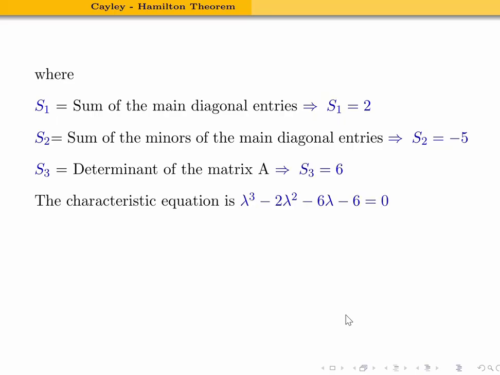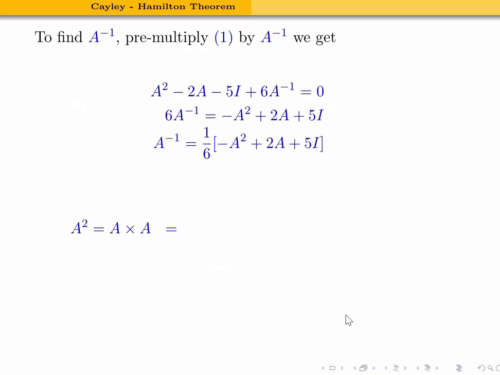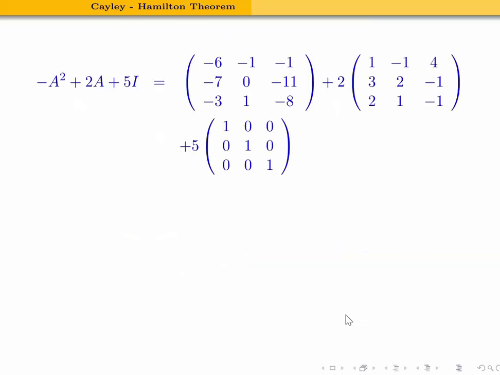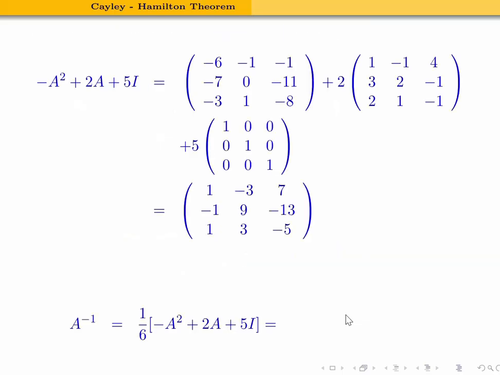So replace the S1, S2, S3. By the Cayley-Hamilton theorem, we can replace lambda in terms of A, so multiply A inverse on both the sides. From this we will get A inverse, we need to find A square, so A into A, multiply it, we will get the A square value. So replace your A square, so we will get A inverse is equal to 1 by 6 into this, therefore this